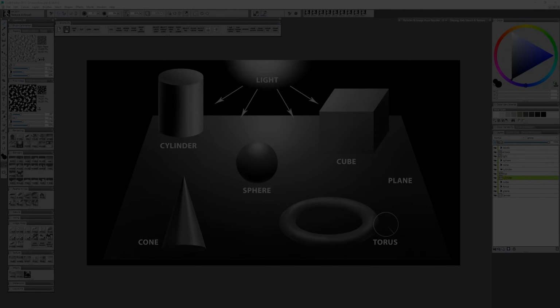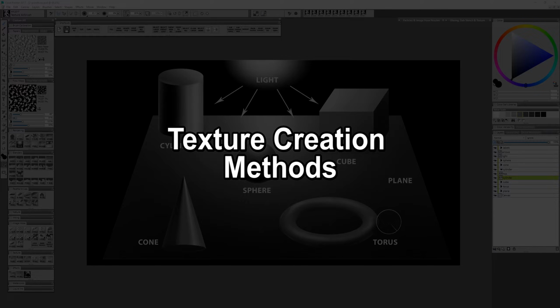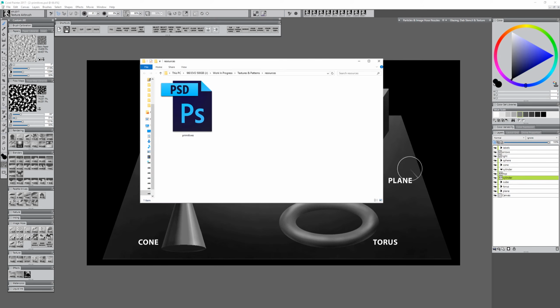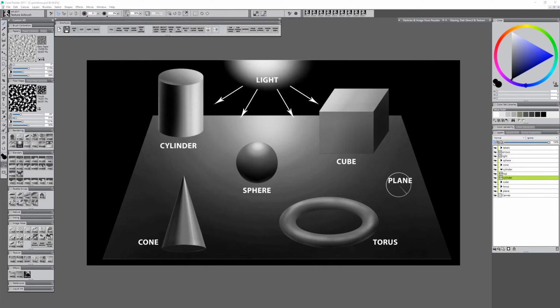Now let's explore some of the different ways you can create texture, either by hand painting it with brushes, or by creating a custom texture that you can repurpose again and again. I've gone ahead and opened the primitives PSD, and we can use these objects to try out some different techniques